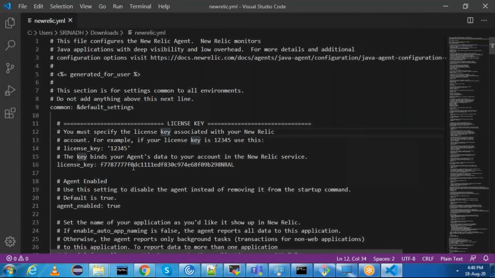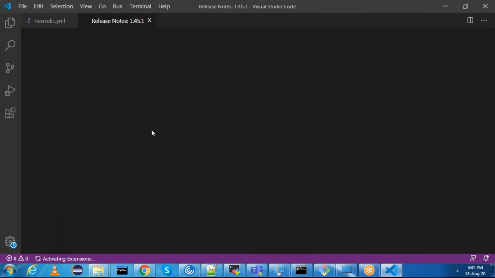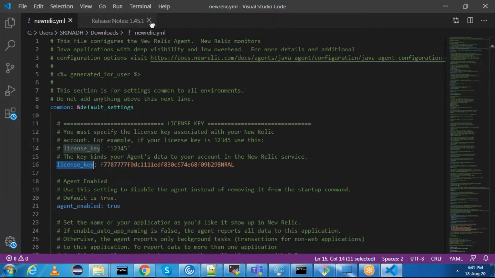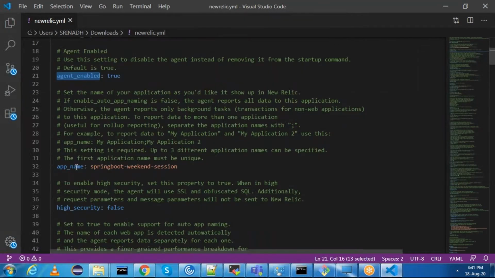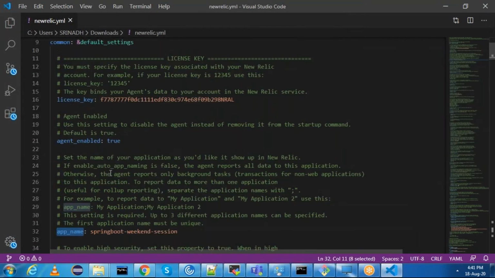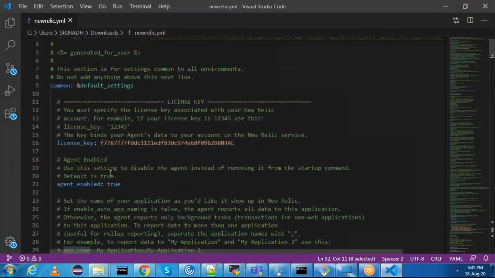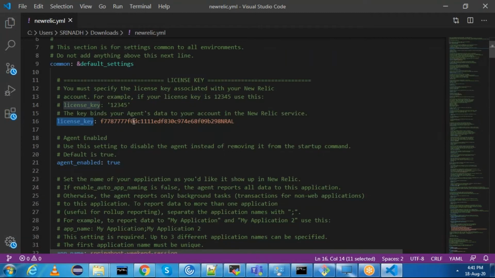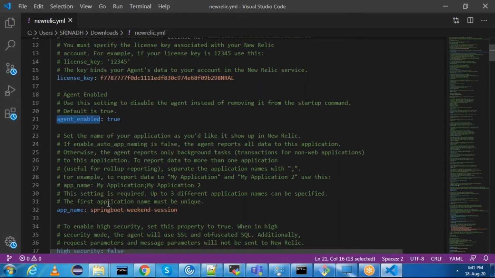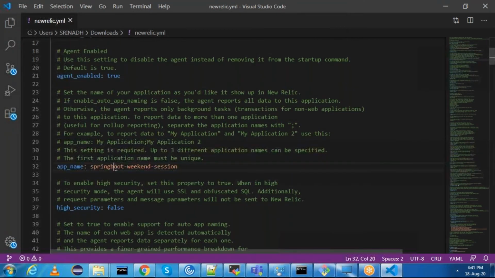If you see here, this is the license key, then agent enabled equal to true, and then application name is this. Remaining all parameters are default. We are not changing anything. We just need to focus more on the license key. This was already pre-populated.